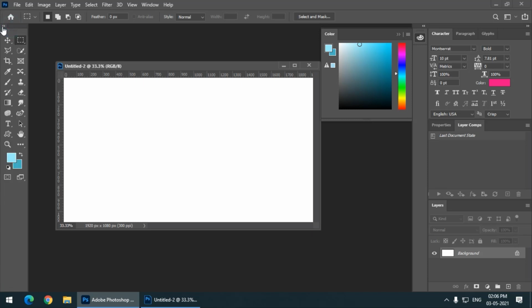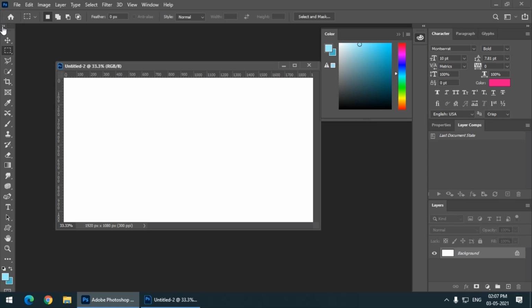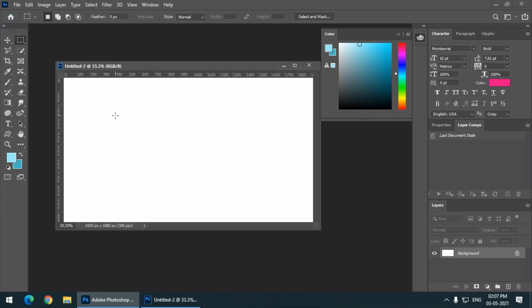If I want it in 1 column, I'll have to click on this again, and it will be converted into a single column. But I personally prefer the 2 column toolbar, because I can clearly see the content of the toolbar. But it's up to you which one you want to use.